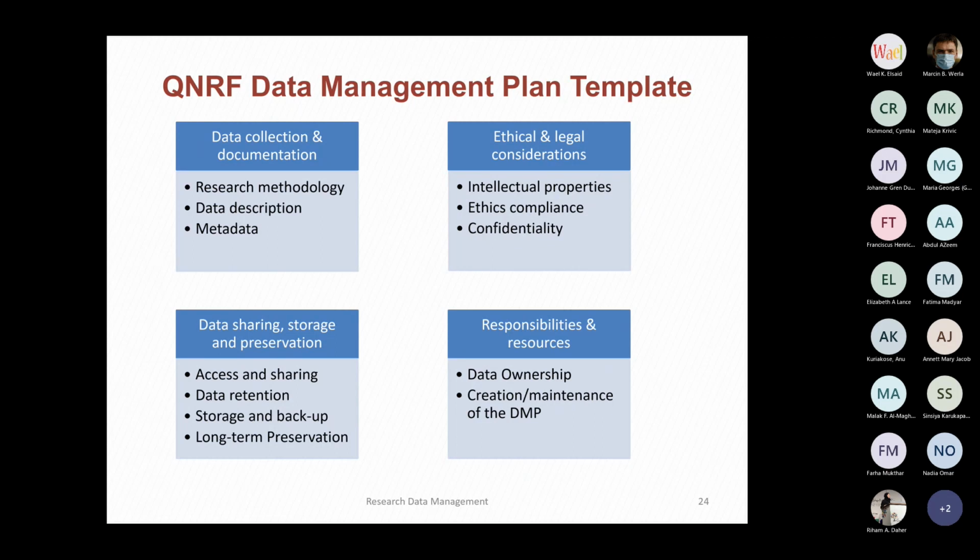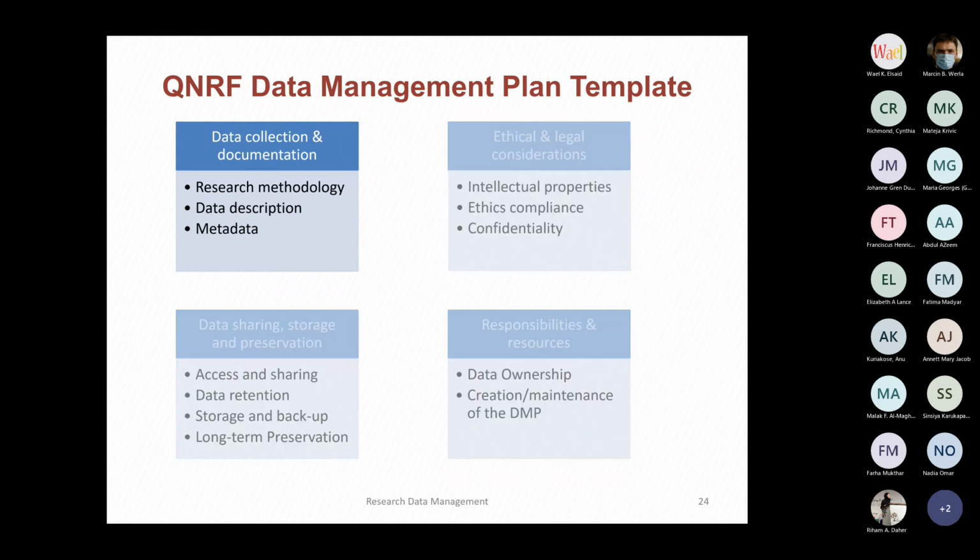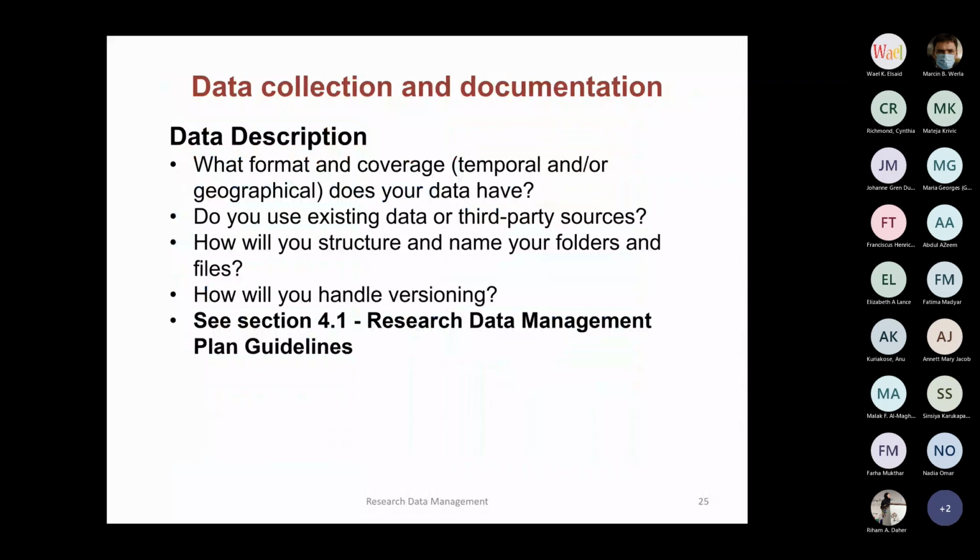So let's take a look at the first one, which is about data collection and documentation. The first questions are about your data: what type of data you will be generating, or procuring from another source. It asks if you're going to be using a third-party or existing source. Then it goes into some of the technical details of the data, including the structure of it. How are you going to structure the data? How are you going to name the folders and the files, and so on? How are you going to handle versioning if you're going to be using different versions of the data? There's more detailed information about the practices around it in the research data management guidelines, specifically under section